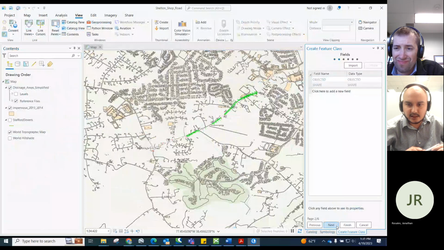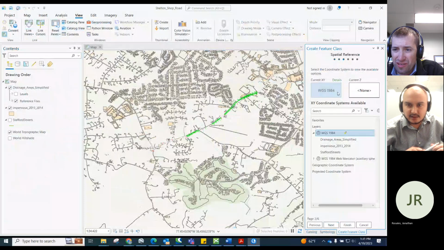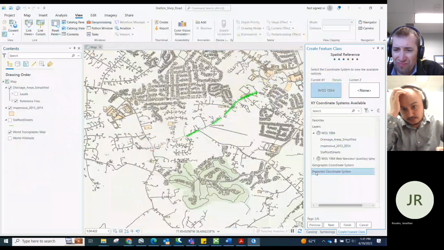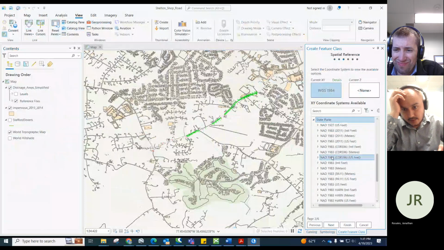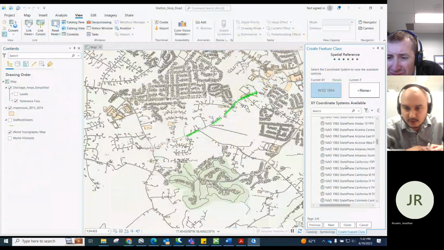Just go to next. Yeah, next. Yeah, let's change this. The projected coordinate system: State Plane, NAD 1983 US feet. NAD 1983 US feet. That one. Yep. Expand that and go to Virginia North.